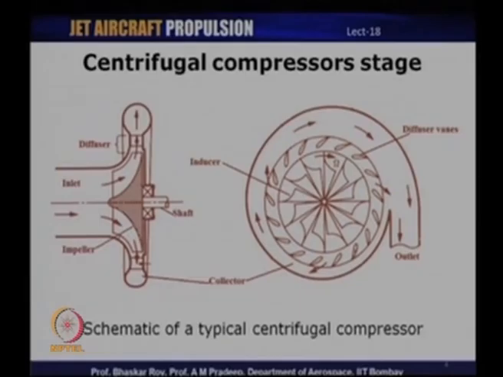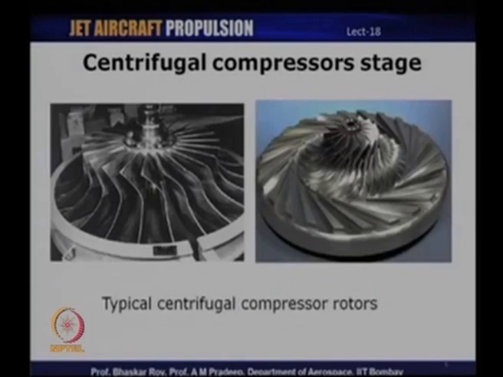So, this is a schematic. I will now show you two typical centrifugal compressor rotor photographs of two different types of centrifugal compressors. So, these are two centrifugal compressor rotors. One of them is a very old generation design of a centrifugal compressor. This is the inducer, as I had just discussed, and these are the impeller vanes. You can see that these vanes are straight. So, in earlier generation, and of course, these are still used, the centrifugal compressor impellers were having straight blades, and